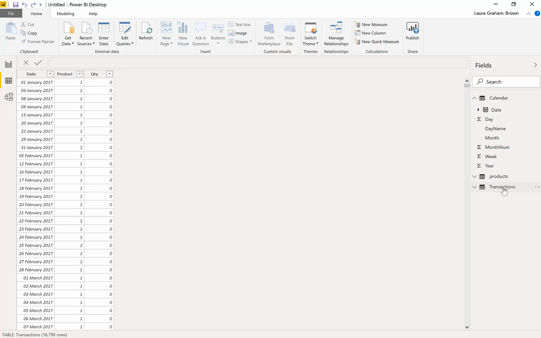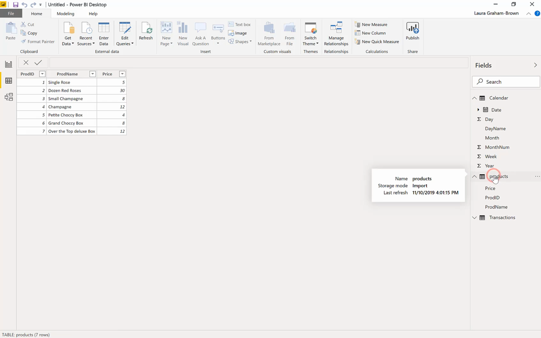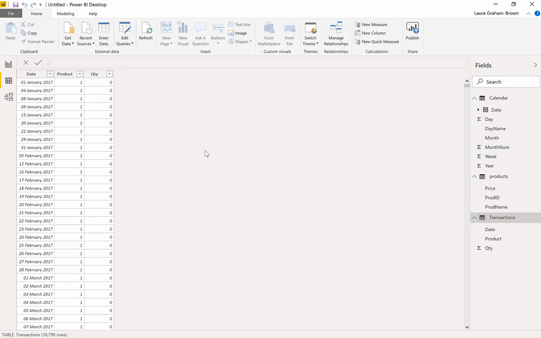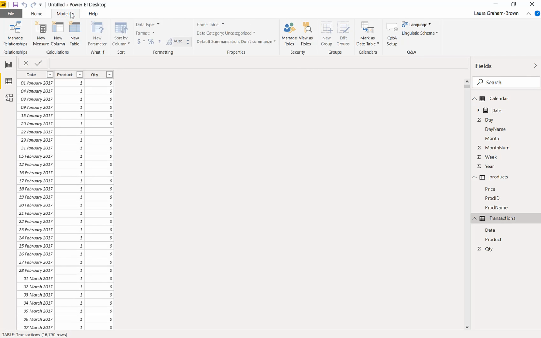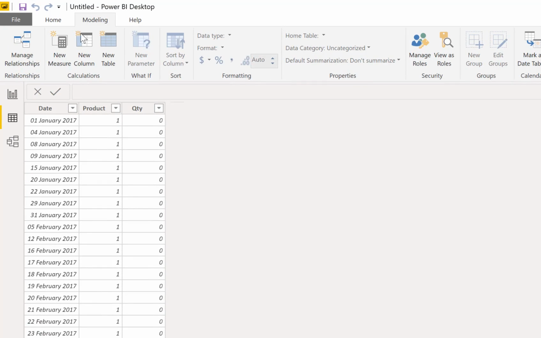What I want to do is, firstly, add a column which is going to be the quantity times, from the product table, the price. So let's go back and put an extra column into the transactions table. Under modelling, there is a button here that says new column. If we click on there,